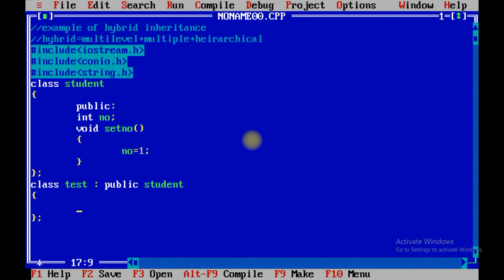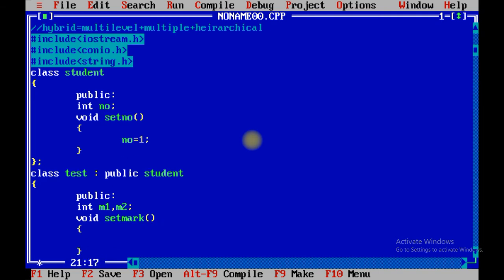Again, the test class contains two variables, integer m1 comma integer m2. Void set mark will set the marks of two subjects, m1 equals to 60, m2 equals to 60.